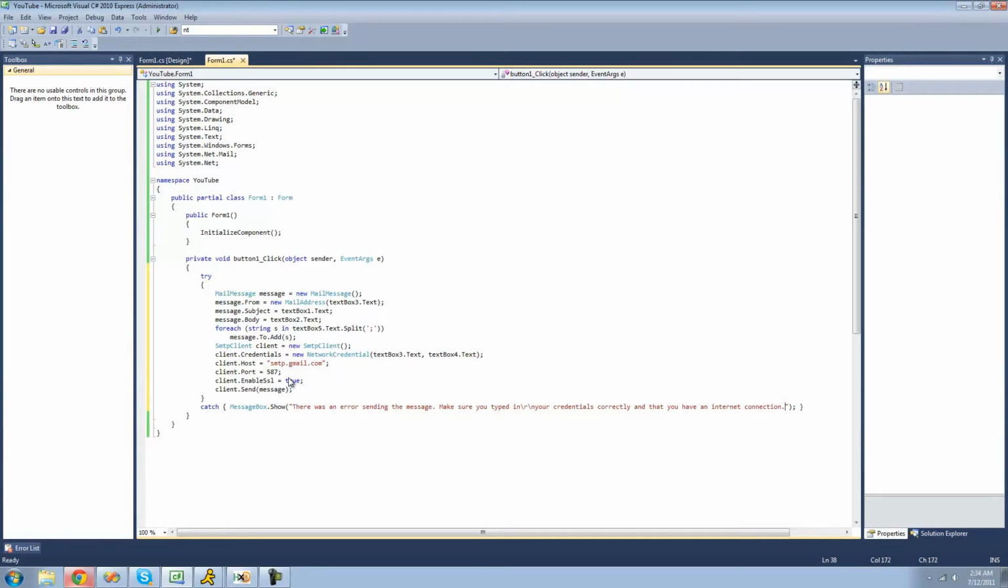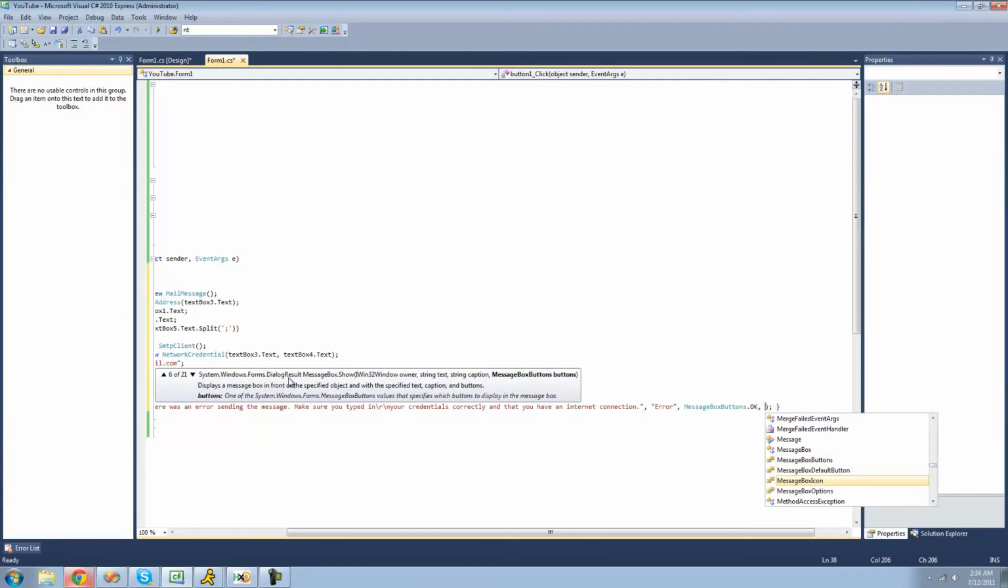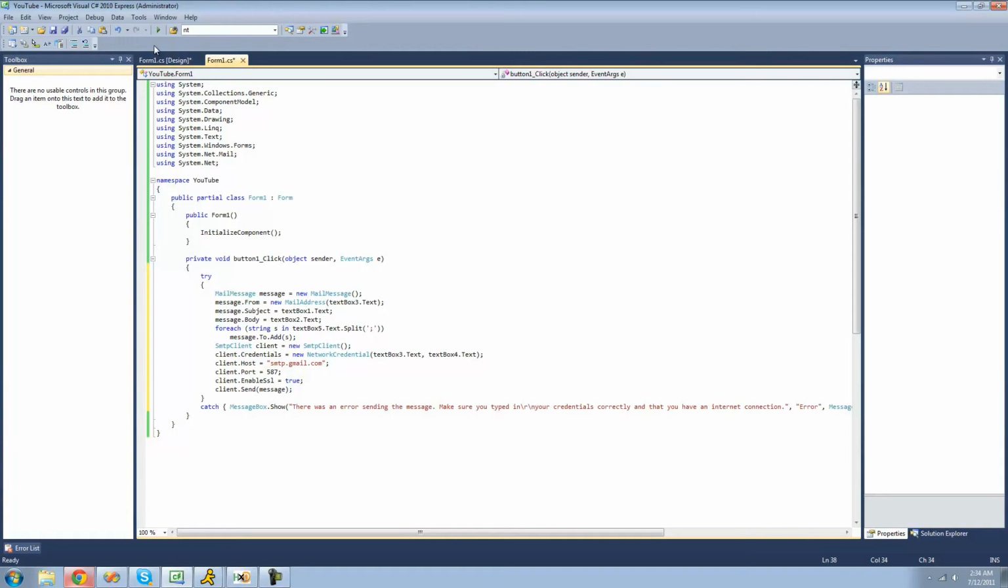Then I'll make the title of this message box be, make it be error. And then I'll make the buttons of this message box be just OK. And the image on the message box, or the icon, will be error. So now if we were to